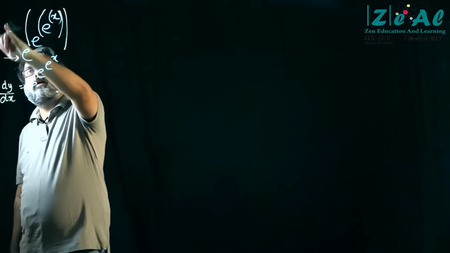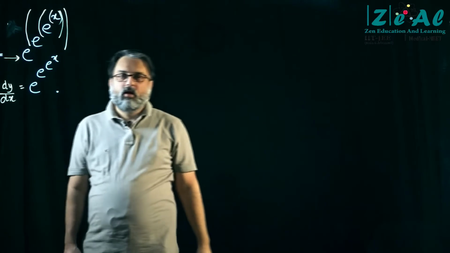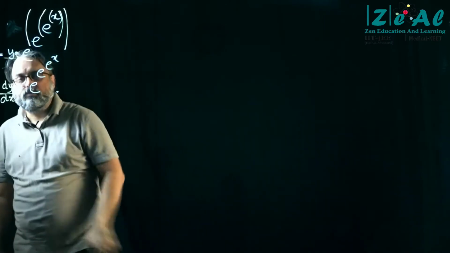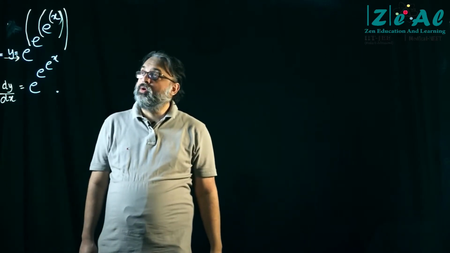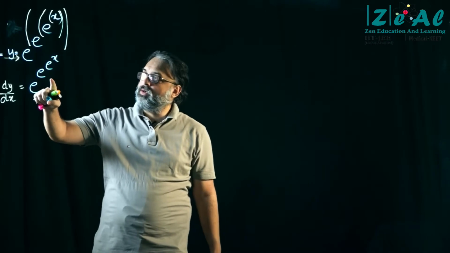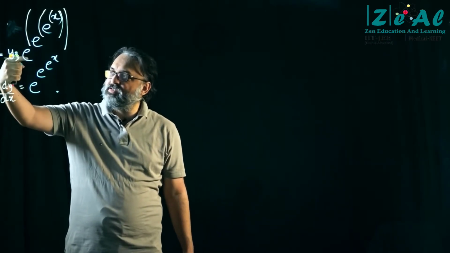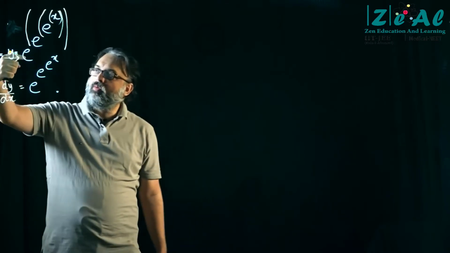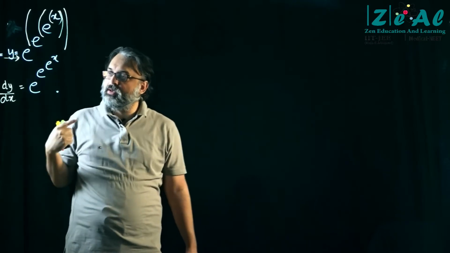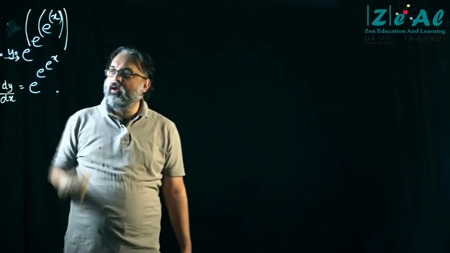ये मैंने y थोड़ा गलत लिखा हुआ है, y is equal to ऐसे लिखते हैं, जो कि अब दिखाई नहीं दे रहा है, still y is equal to, so e raised to the power x को हमने differentiate किया, but really while coming in from the left I only see e, I see nothing else. So what is the differentiation of e raised to the power something? It is e raised to the power that thing. But now I have to multiply the answer by the differentiation of this guy.